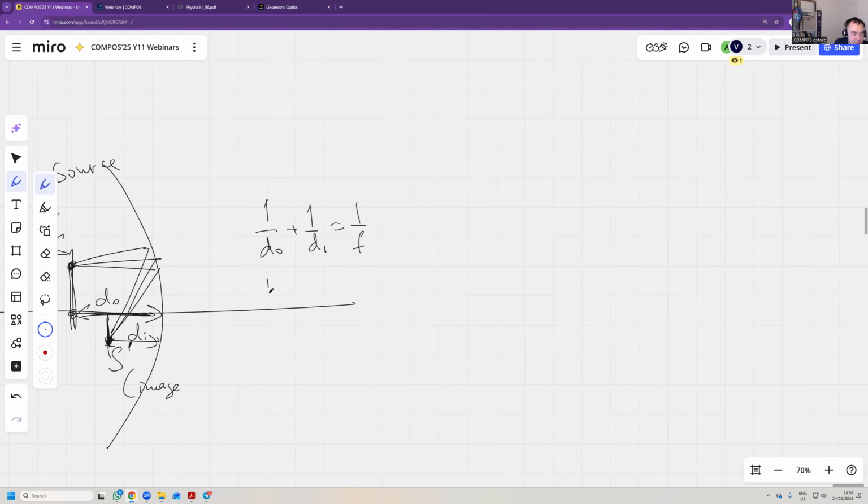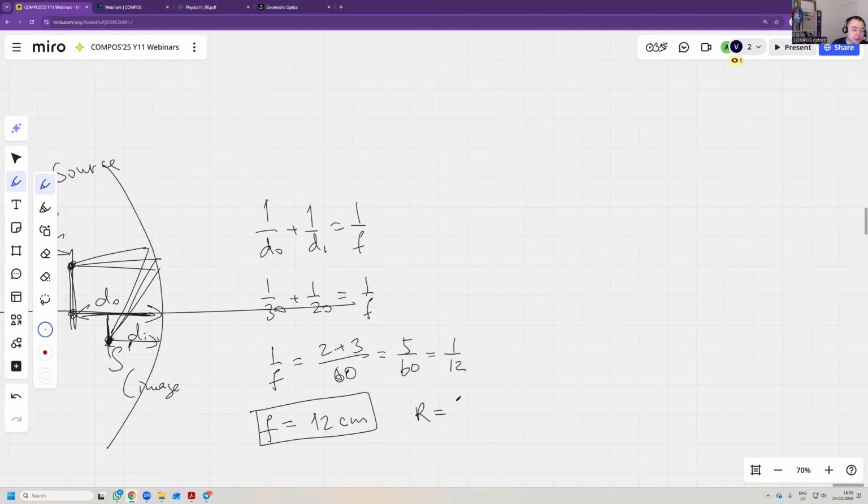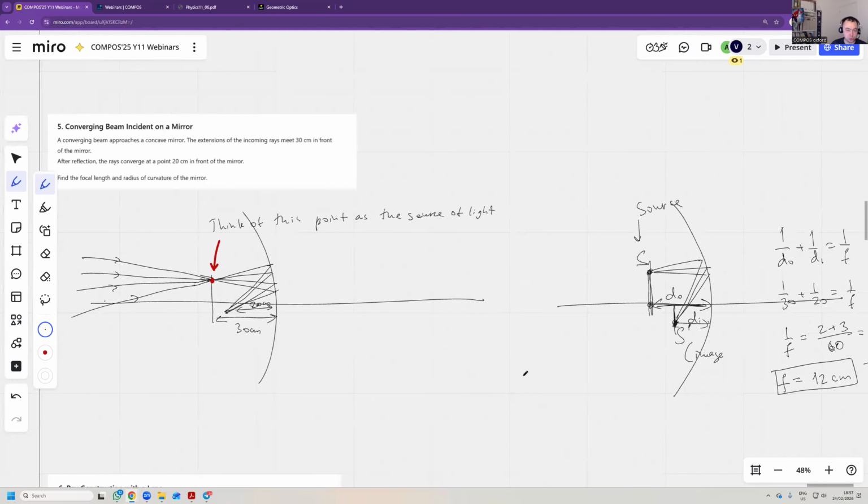So the object is 30 centimeters, so 1 over 30 plus 1 over 20 equals 1 over f. So 1 over f is equal to, that's 60, and that's 2 plus 3. So that's 5 over 60. So it's 1 over 12. So focal distance is 12 centimeters. And the radius of the curvature is 2f, which is 24 centimeters. We already know that. We already know that radius is double the curvature. Lovely. All right, so this is how to use the